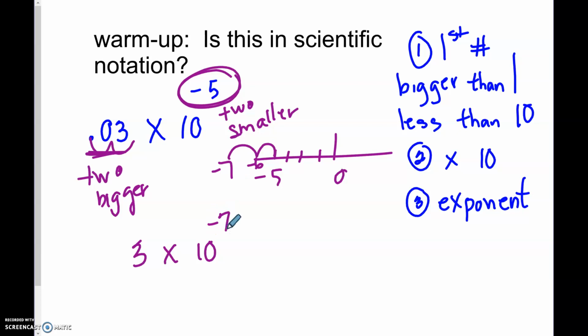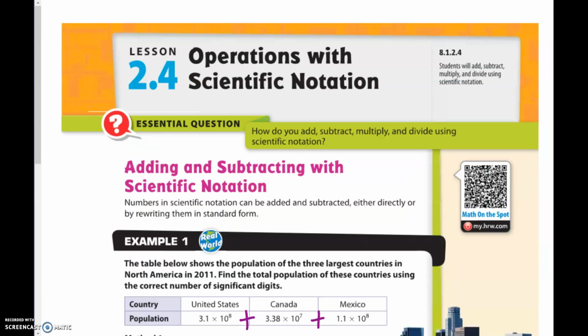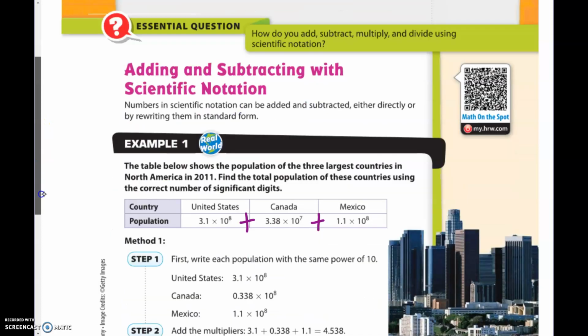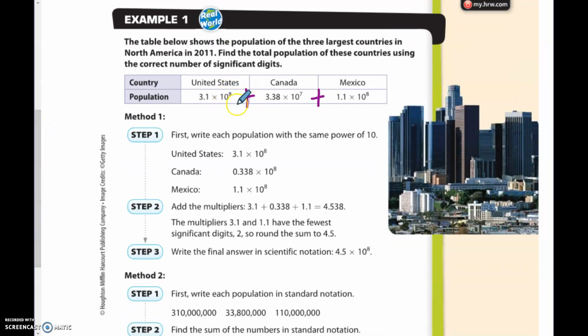So remember, if you adjust one half of that scientific notation, you have to adjust the other half. So that's where we're at in this problem right here, is that our powers are not the same. So we have a 10 to the 7th and a 10 to the 8th. So I have to adjust this to make this one bigger, so it's times 10 to the 8th. If this is going to get bigger, that has to get smaller, so it becomes